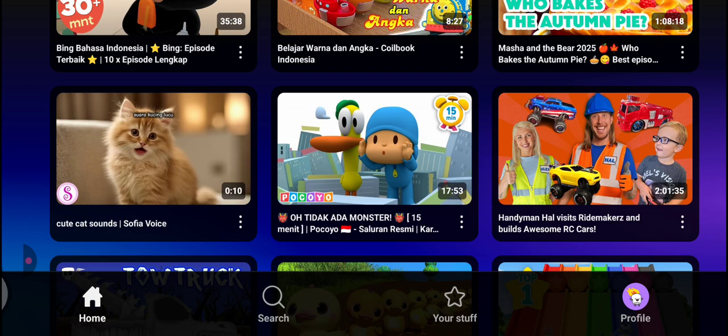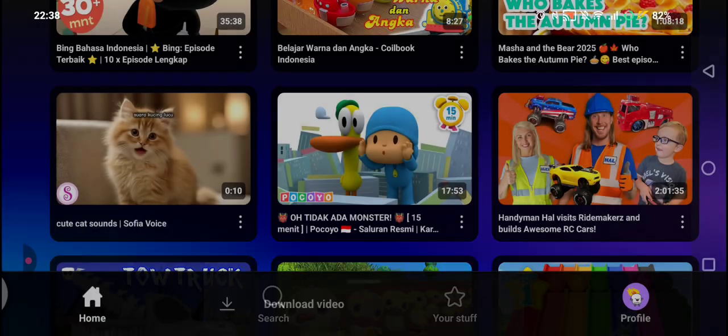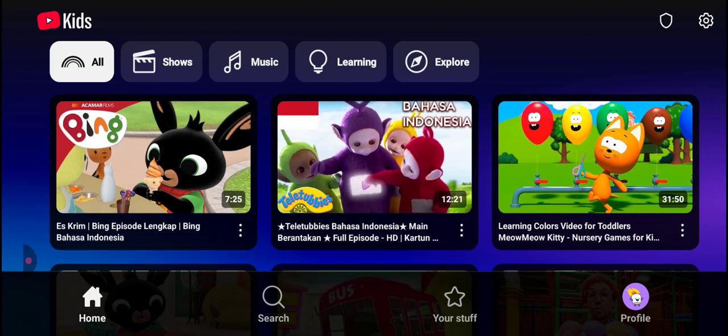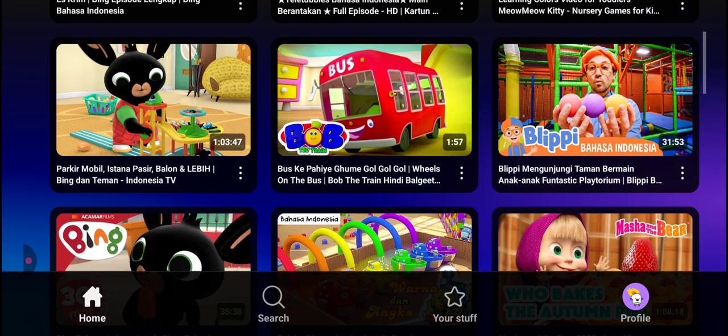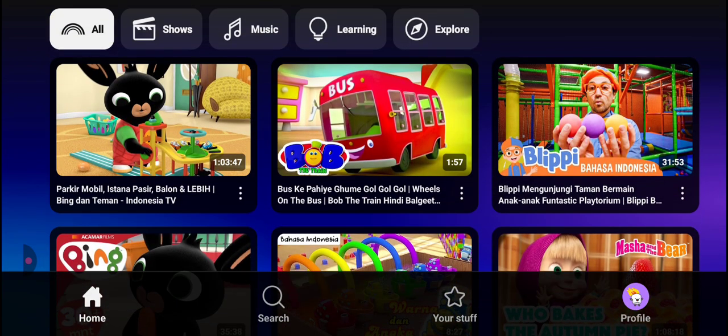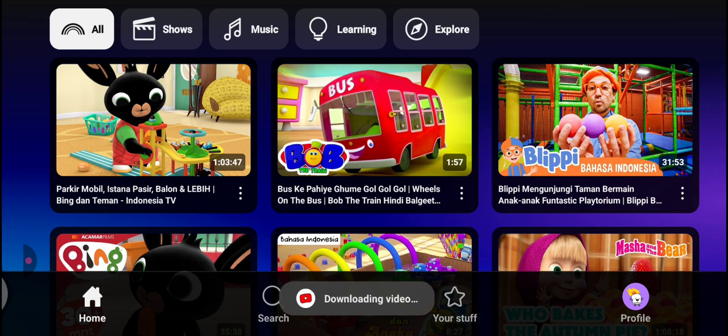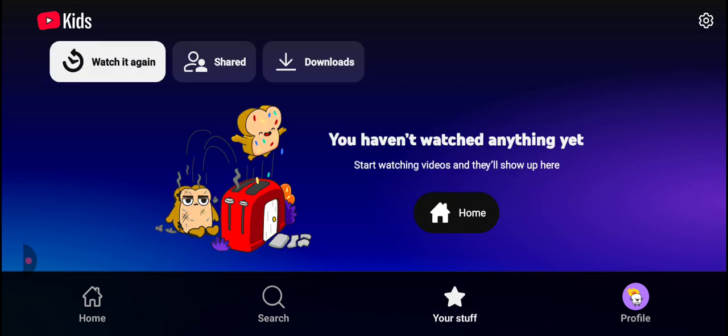Okay, I think some can be downloaded, but some of the videos cannot be downloaded, so you can just choose carefully. Let's say I'm going to download this video right here. You can just tap on the three dots icon under the video that you want and click on download video. Now to find the downloaded videos, you can just go to your stuff in here at the bottom